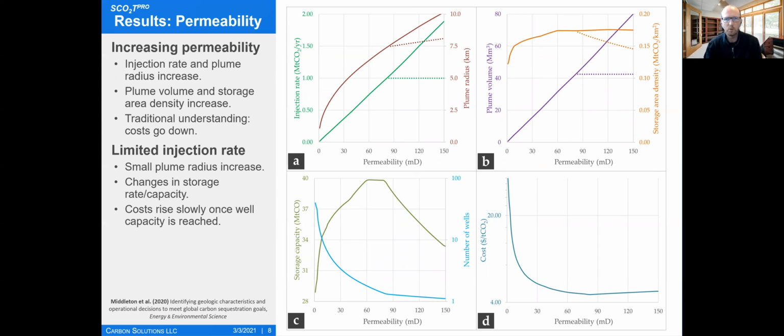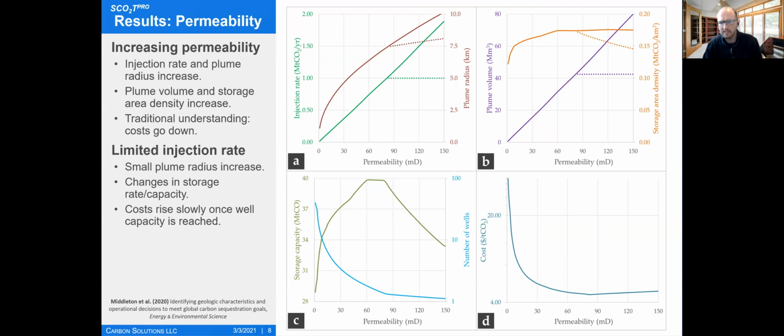As you increase permeability, the CO2 injection rate goes up, the plume radius goes up, and ultimately what you'll see on the bottom right-hand side is that the costs are better, the more permeable formation you have, you can inject more CO2. But again, once you get to that inflection point where you see those dotted lines appearing in the top two charts, where you can no longer go above the 1 million tons a year, you do get an